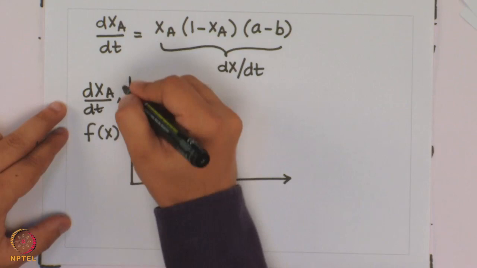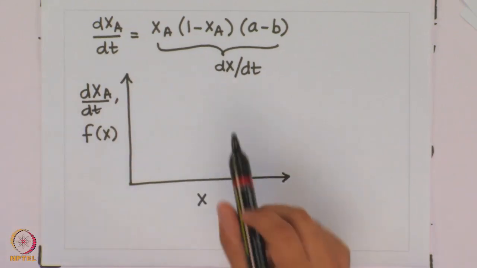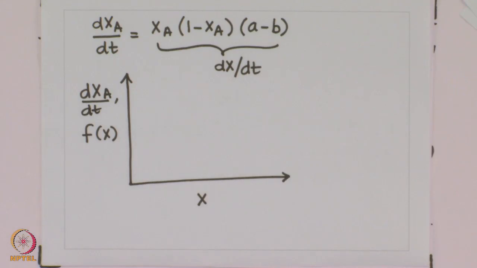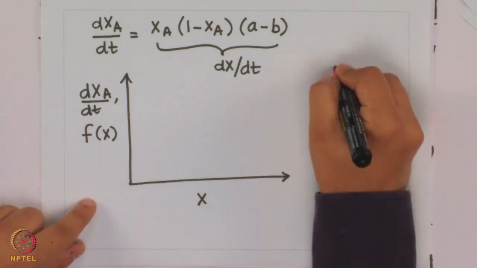But the nature of this graph that we have for this situation is actually going to depend on the parameters associated with this model, which are the individual growth rates of the 2 species A and B. If A is greater than B, then I am going to have one particular shape of the curve, but if B is greater than A, I am going to have a different shape associated with the curve. So I need to analyze this system differently depending on whether A is less than B or A is more than B. So what we are going to do is, for the case A greater than B,